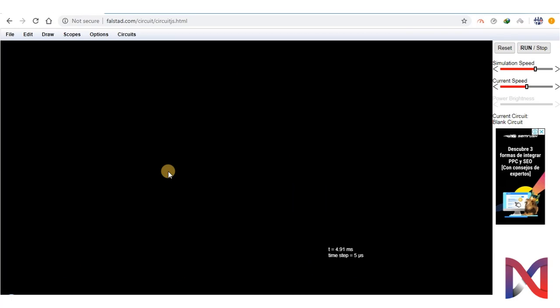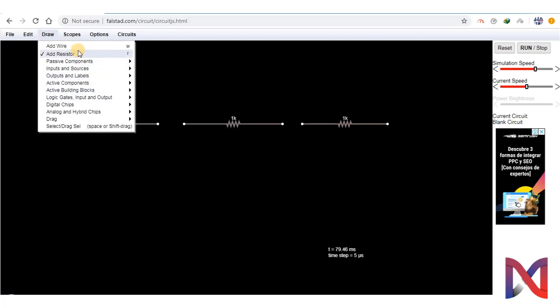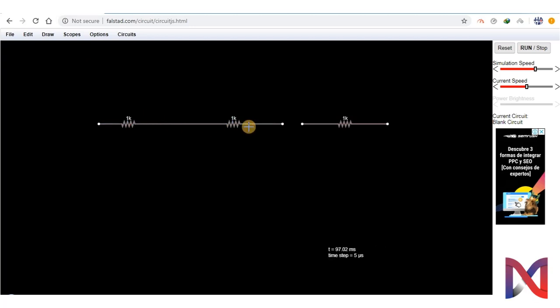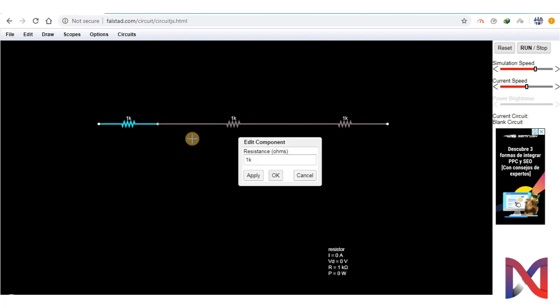Now we will start building our first circuit, which had 3 resistors connected in series. So let's start drawing. We will place 3 resistors connected in series. Here we have placed them. Now what we will do is connect these resistors with wire. Let's change their values. First resistor was of 6 kilo ohm. Second resistor was of 12 kilo ohm.